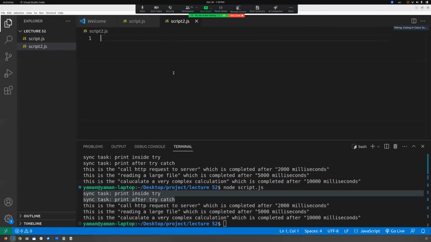So let's say I have a function of very complex calculation, and